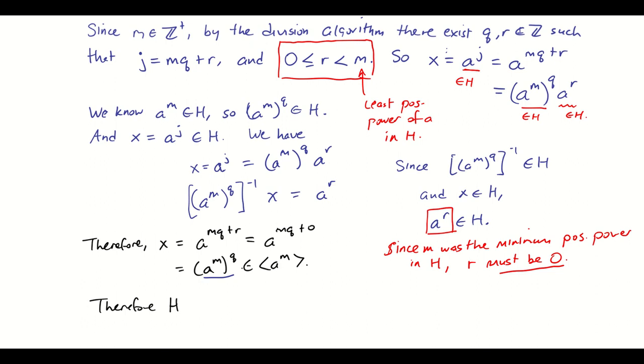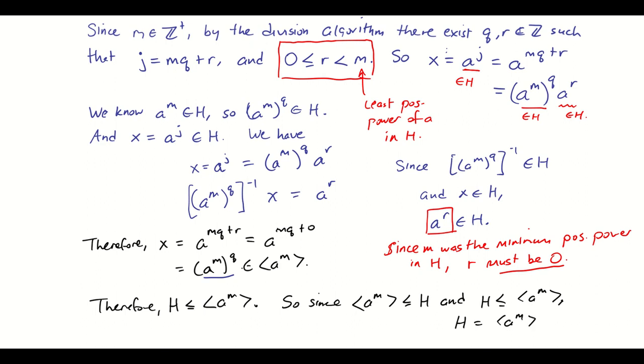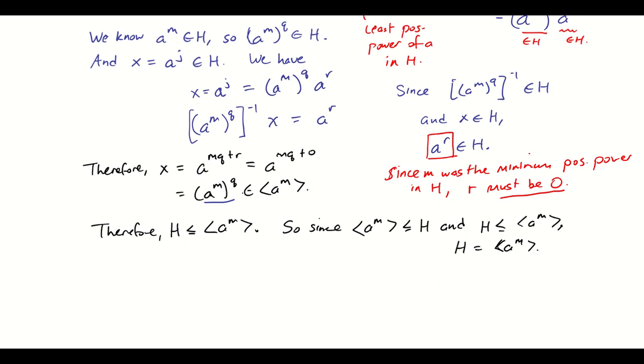Therefore, H is a subset of the cyclic subgroup generated by a to the m. I should say subset probably, but I know it's a subgroup as well because H is known to be a group. So since the cyclic subgroup generated by a to the m is a subgroup of H, which we proved earlier, and H is a subgroup of the cyclic subgroup, that means that H has to be the cyclic subgroup. And since H was just any old subgroup of a cyclic group, therefore we conclude, this is the grand finale,